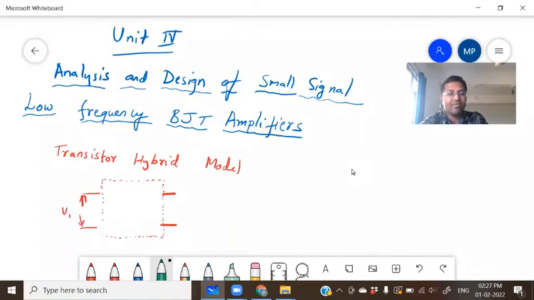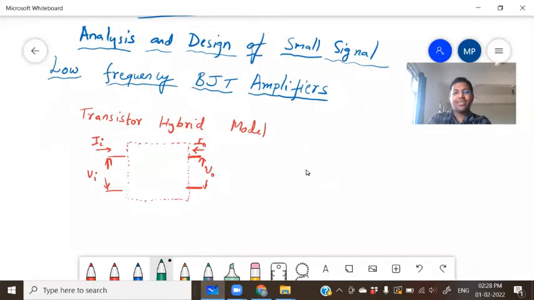So input I will write Vi, input current Ii. Next, output voltage V0, output current I0. The way this model is built, all the input current and output current are entering